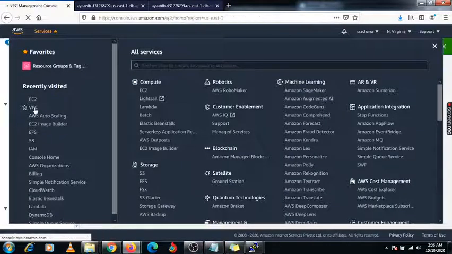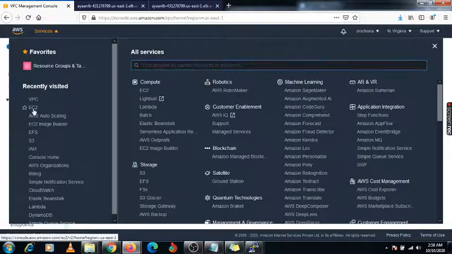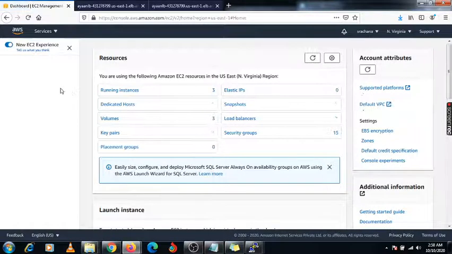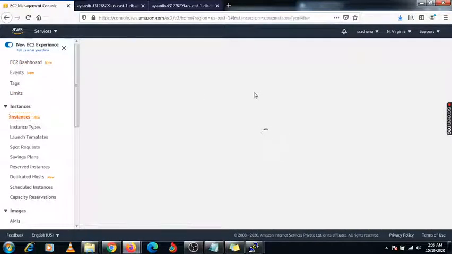Before the VPC, you need to remove your EC2 instances, because the VPC is connected with your EC2. So first you need to remove your EC2 instances.